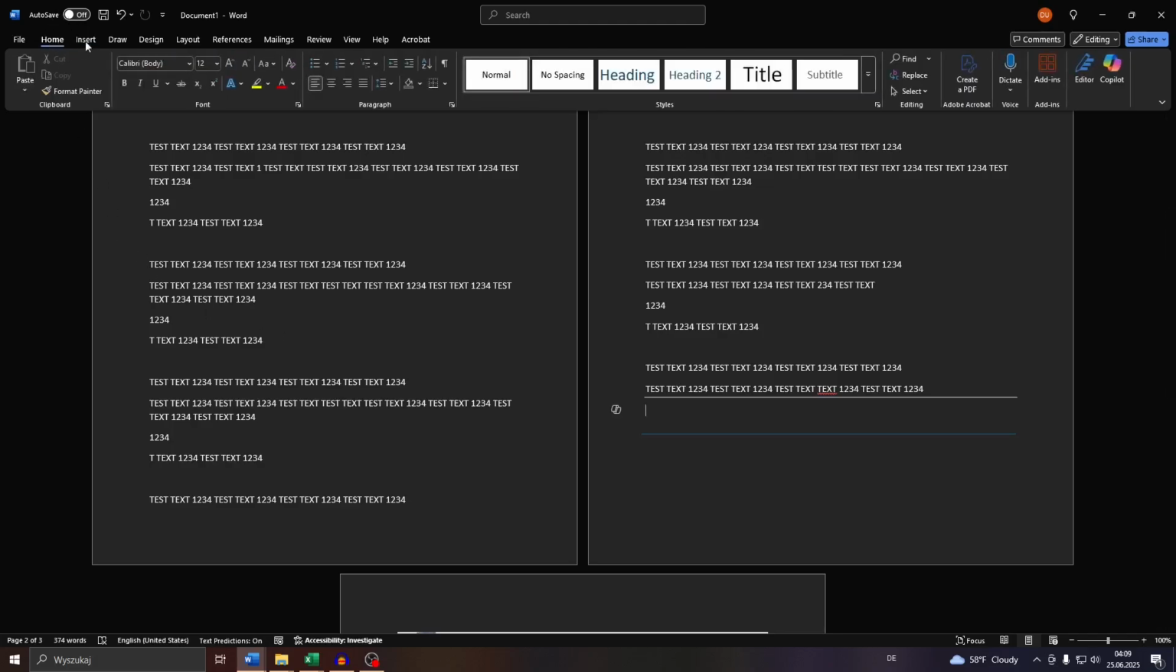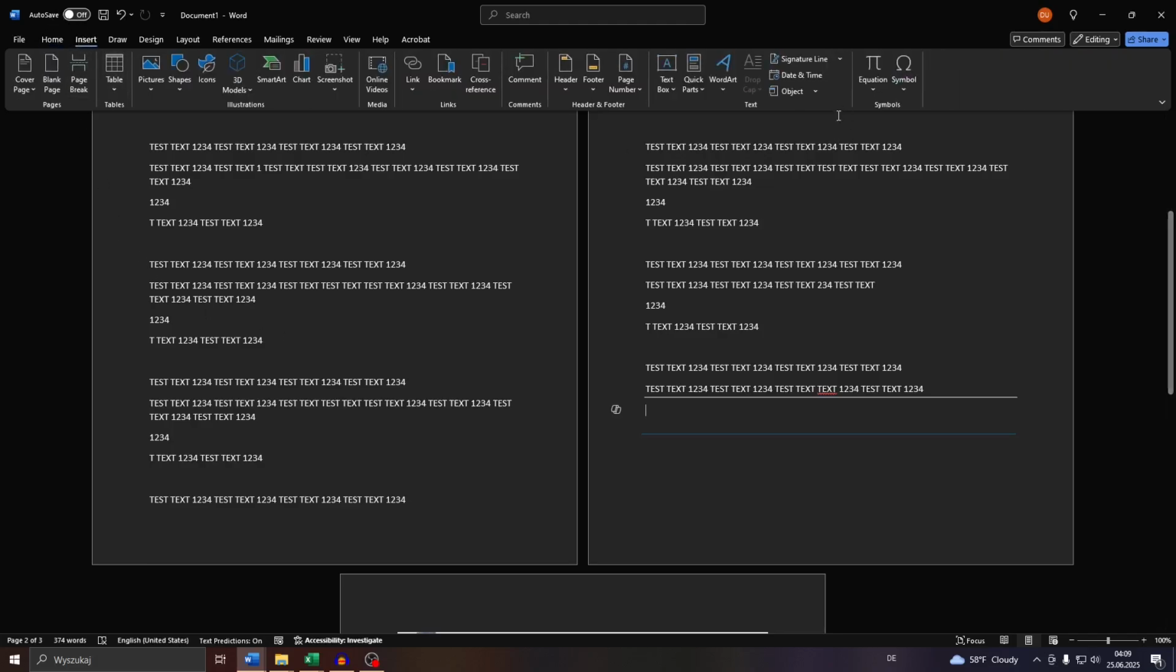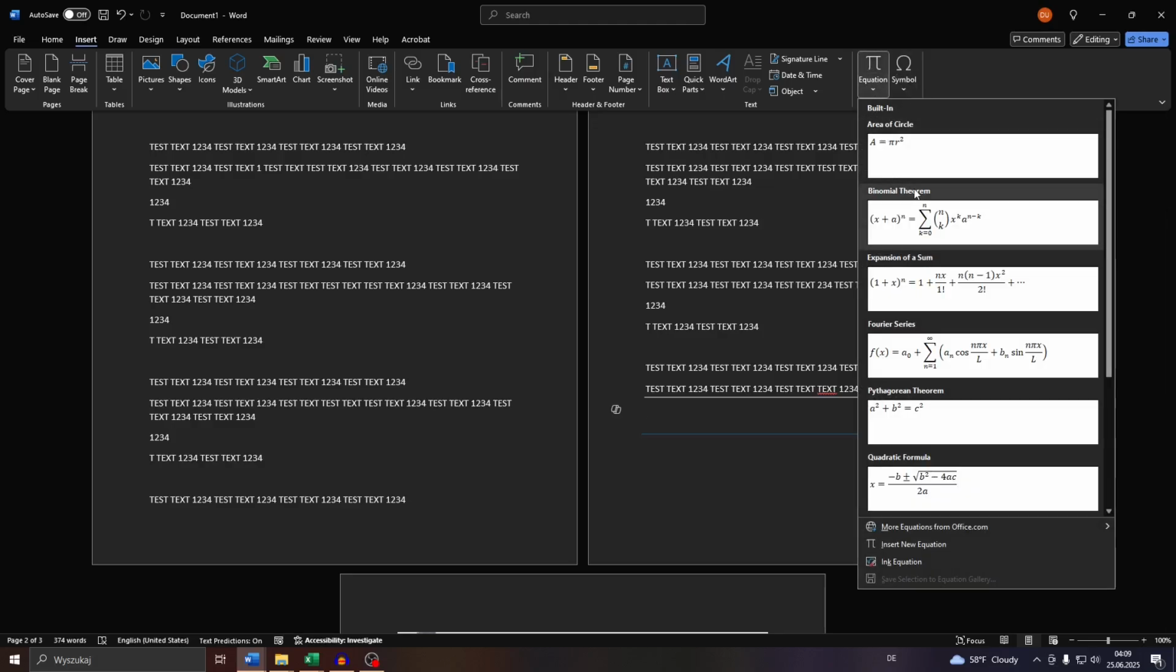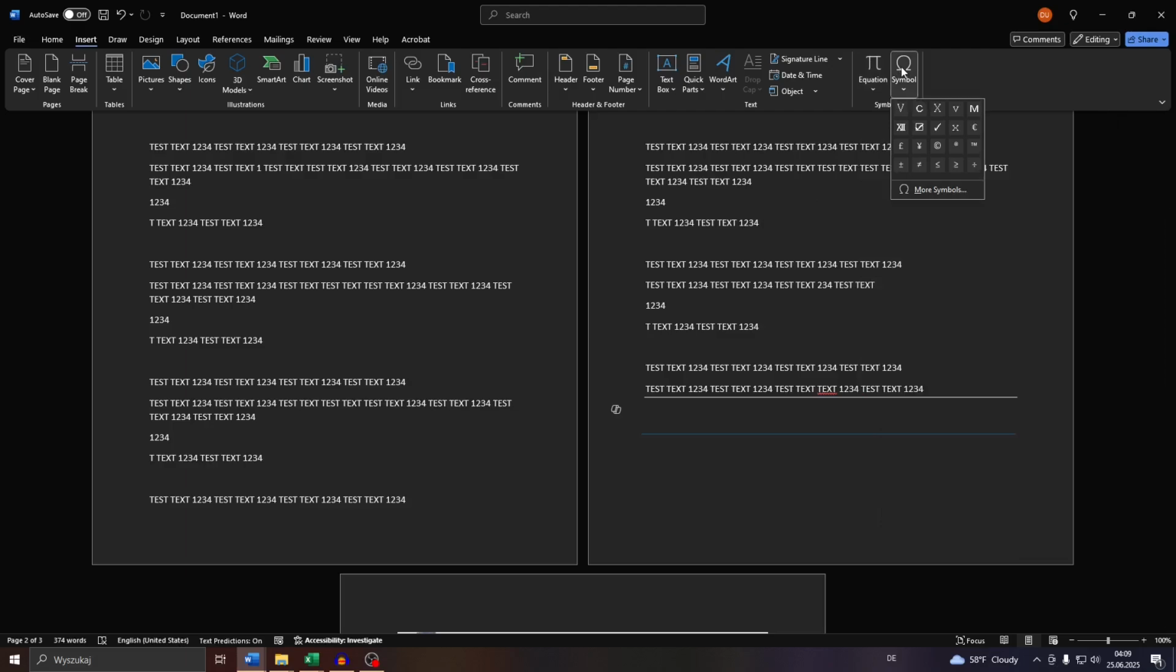Switch from the Home tab to the Insert tab in the top left, and here on the right hand side you will see a section called Symbols. So you may, for example, add an equation if you're working on a document in mathematics or physics. Or alternatively, guys, click on Symbol here, and here you'll see a list of all recently used special characters and